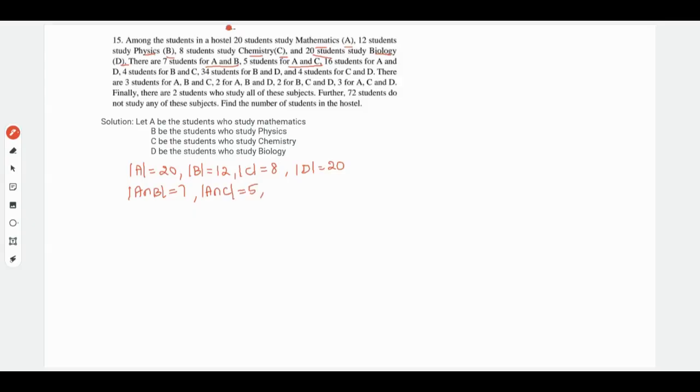Then A and D, they are 16. Then B and C, they are 4. And B and D,